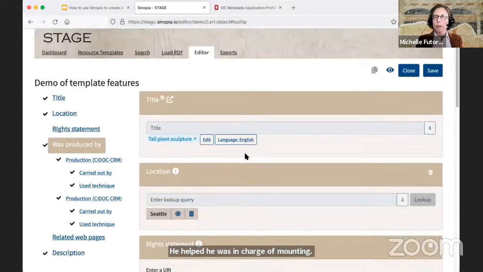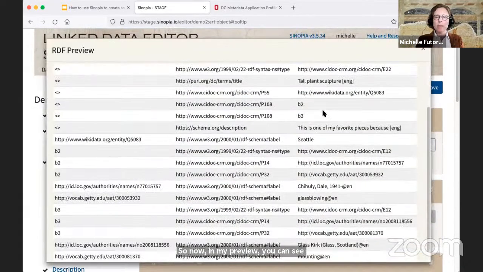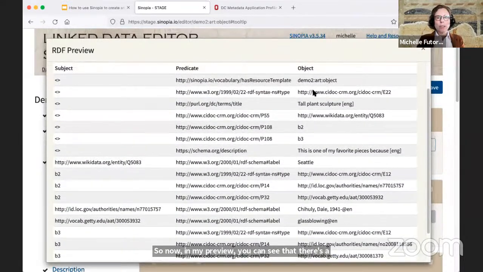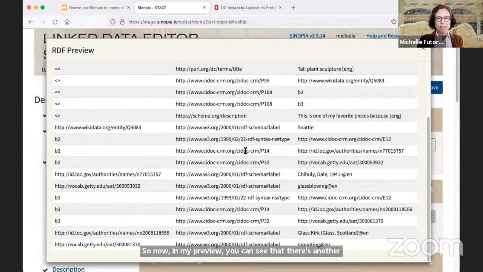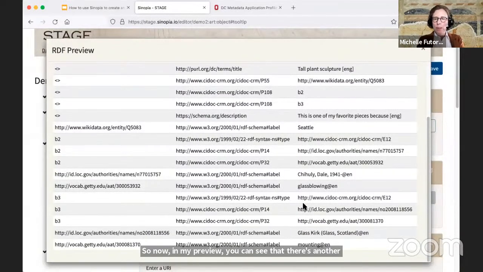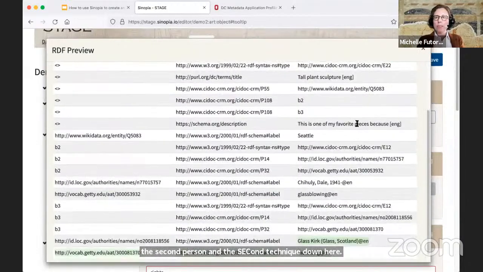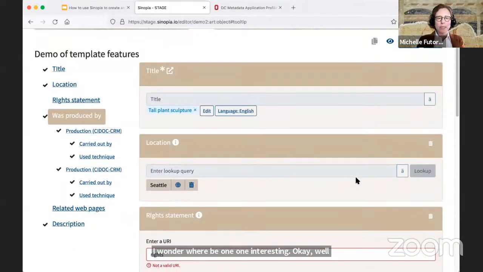So now in my preview, you can see that there's another instance of production that was created with the second person and the second technique down here. I wonder where B1 went. Interesting. Okay, well, in any case,